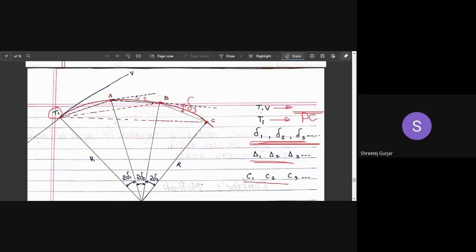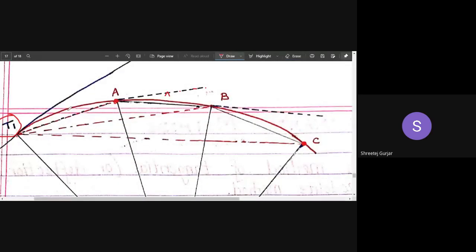They are nothing but chord lengths. So the first chord will be named as C1. This is C1, T1 to the straight line, the dotted line which I'm moving my cursor on. Similarly, this is the straight line which I've drawn. This is the C2 chord line, and this is also the chord line C3. Okay, the straight line is your chord. C1, C2, C3 are your chord lines.